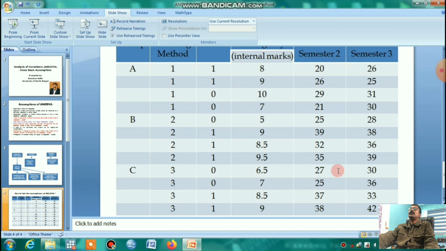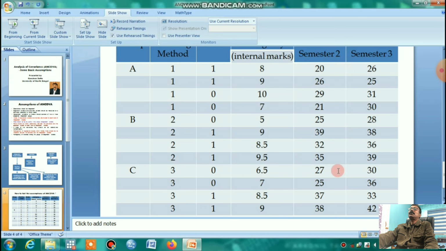And the independent variable or factor should consist of two or more categorical independent groups. So according to our variable view, the teaching method independent variable is classified as 1, 2, 3. That means three categories are there: no classes taken, chalk and talk policy, and using sophisticated tools, as I already told. Another assumption is that the values of the dependent variable are normally distributed for each level of the independent variable. Now we have to test that.